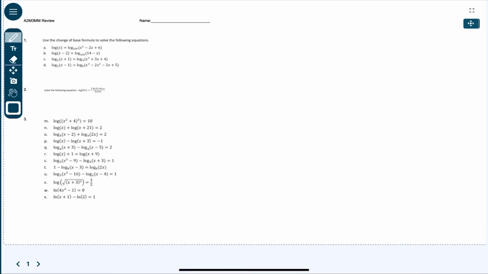Let's look at number 1. So let's use the change of base formula to solve the following equations. It doesn't look like there's anything to do on the left side there on A. So let's just rewrite it as log x is equal to, now here's where we're going to want to do the change of base, which would be